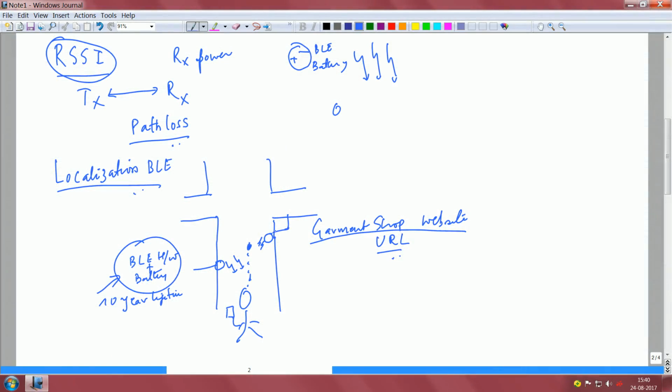I said something very interesting: as you walk, there is a URL that is coming up from this little beacon, the little BLE hardware plus battery device, and already the website opens. There was no application, no Android app, no iOS app which got installed on the phone. Just as he walked by, all this happened. And why is all this possible? How is all this possible? Because of beacon